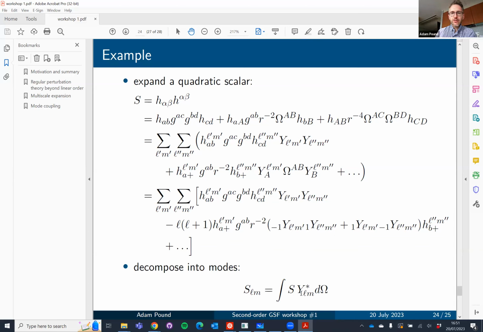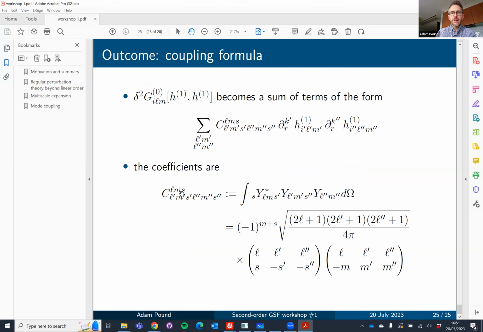And so what we end up with is integrals of products of 3 spin-weighted harmonics. This is a spin weight 0 harmonic, so we have products of 3 scalar harmonics here. We'll have a product of spin weight 0, spin weight minus 1, spin weight plus 1, etc. And this is very convenient because there's a very simple formula for the integral of 3 spin-weighted harmonics in terms